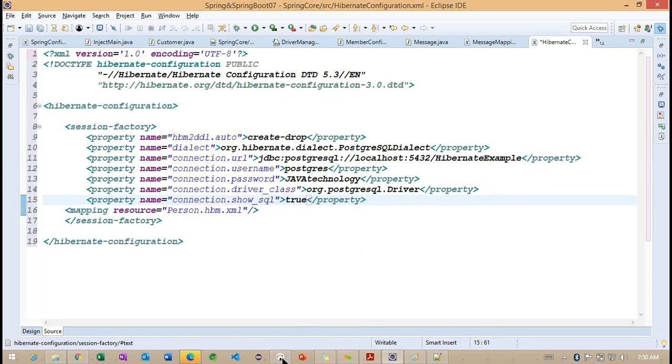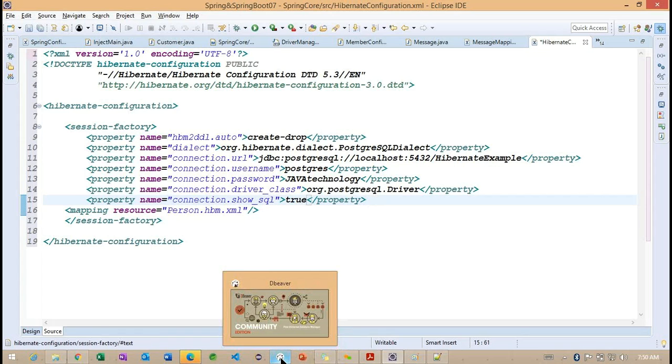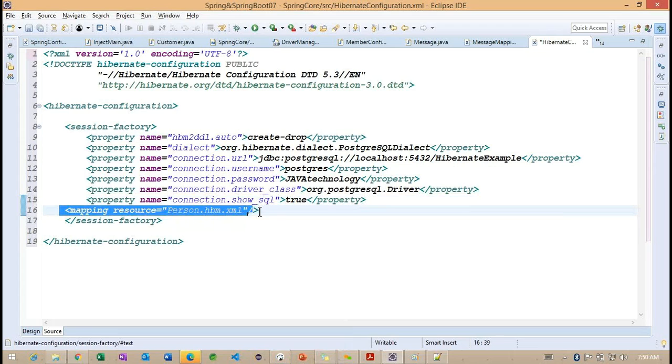So let me open this particular DBeaver, and now you can see the mapping resource. So what we are doing here? This particular mapping resource will contain what kind of object we want to create.